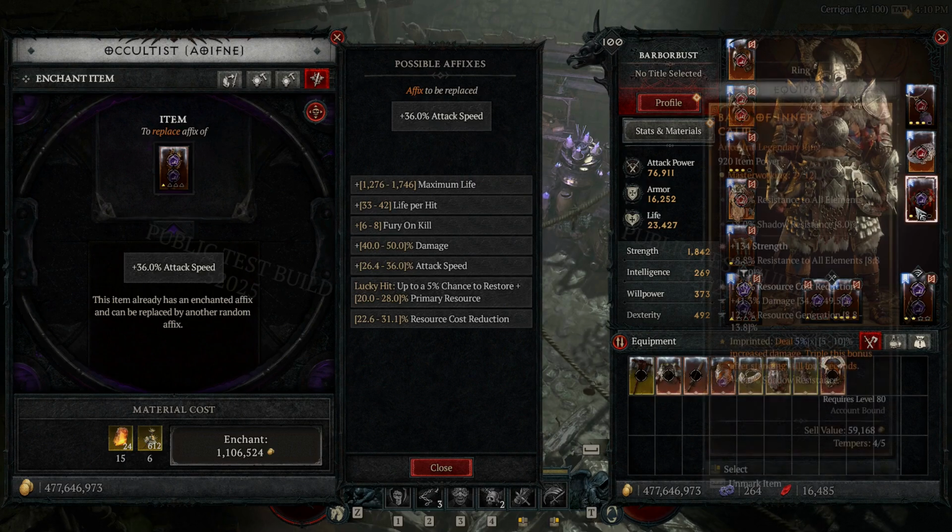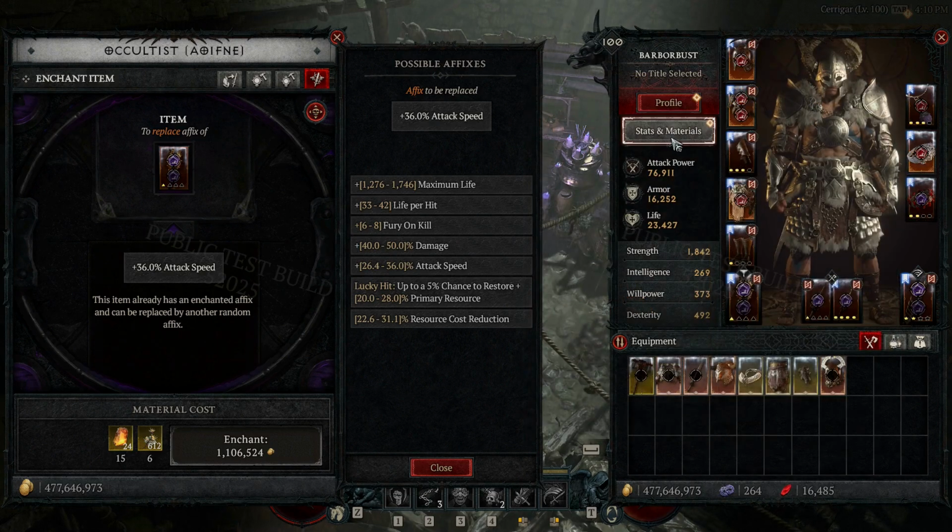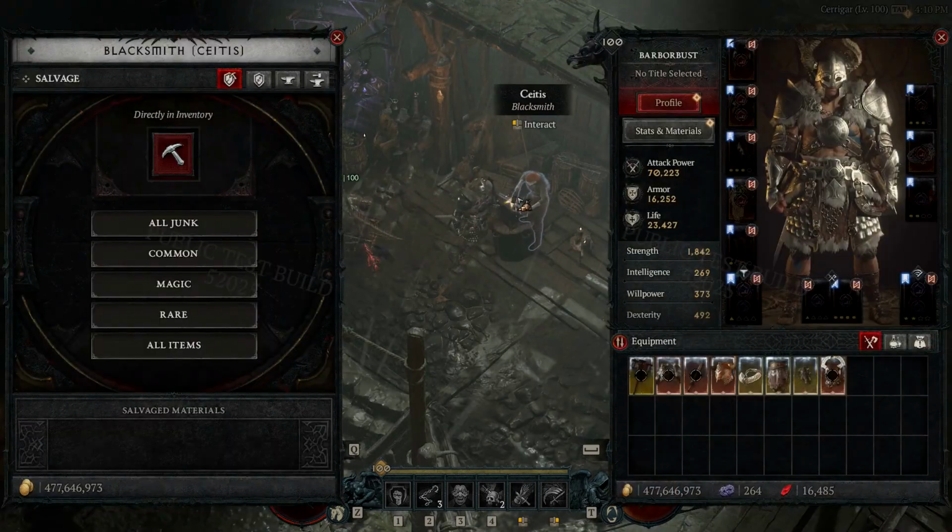And honestly, it feels good and it feels fun. So the game is now going to be about how to stay alive instead of do more damage, because you can easily do more damage. If we go over here for tempering,